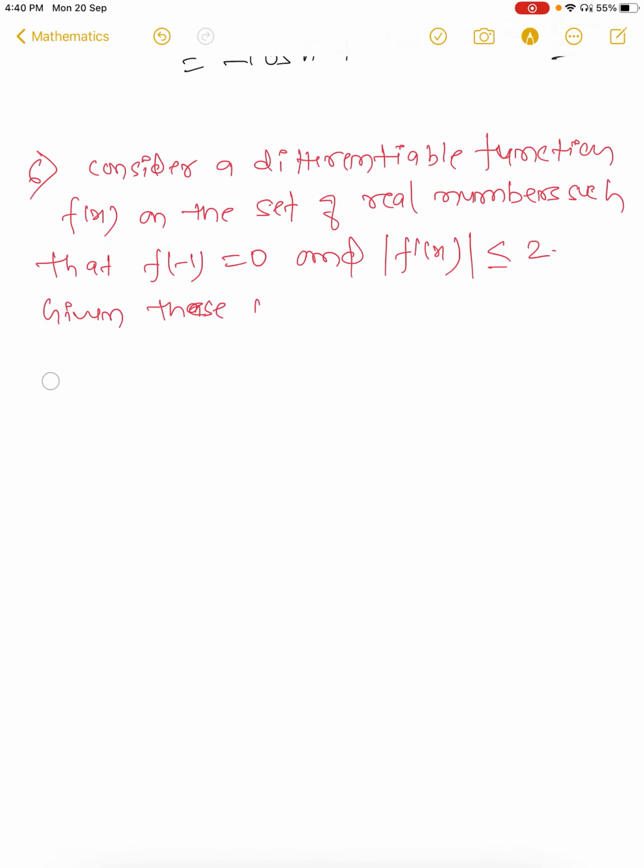Given these conditions, which one of the following inequalities is necessarily true